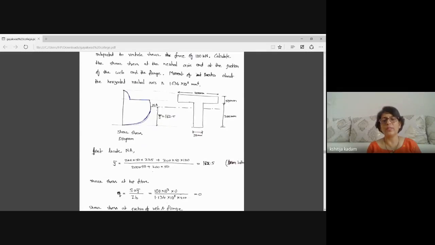One more point I want to explain to you here, that at the junction of flange and web, at the junction of flange and web, how much value